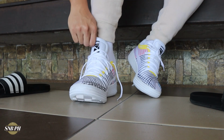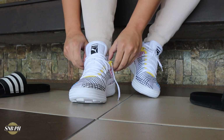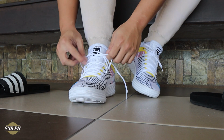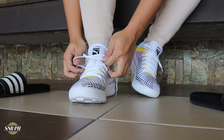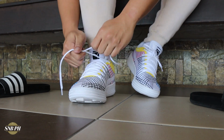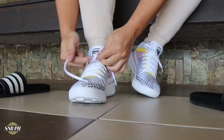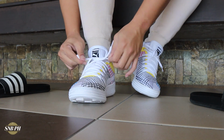Then the upper isn't the most premium thing in the world, but it is pretty durable with that stitching over top. It will move well with your foot and provide adequate support. It also has really comfy and thick padding, and the materials honestly just get better and better the more that you wear them. The fit is also perfect. I mean, it's pretty one-to-one without any dead space. The support is also really good. You have all of the support features you need,